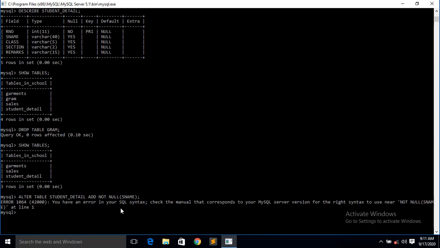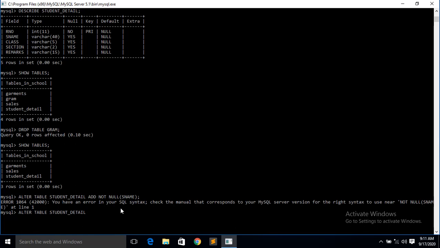So in case of not null, in MySQL add is not supporting. So at that time you have to give modify. You have to remember that. It is given clearly in your book on page number 214, in add delete constraint you can see.